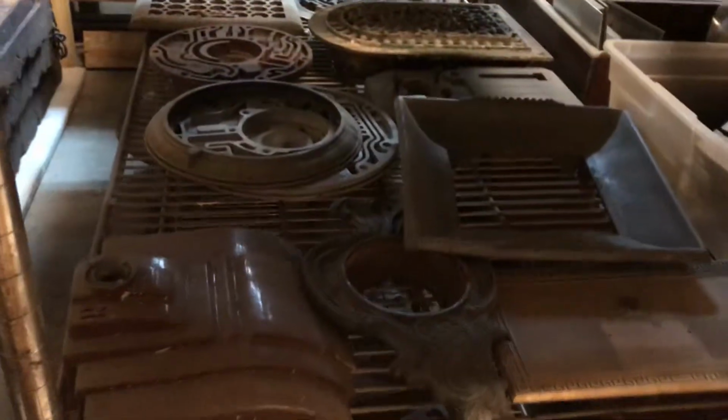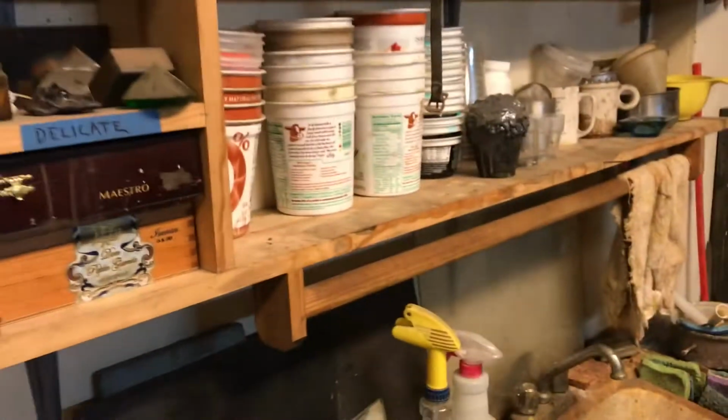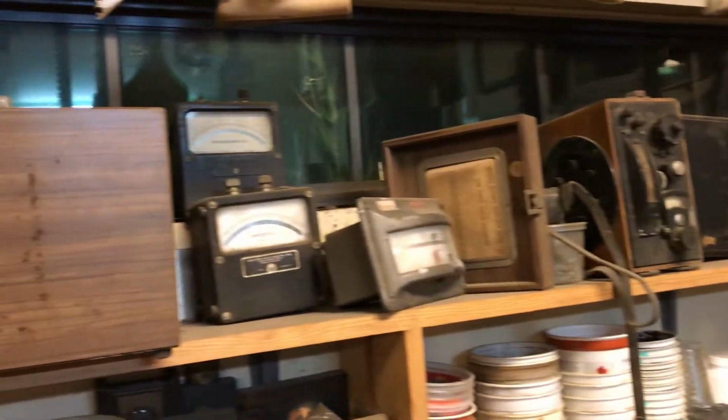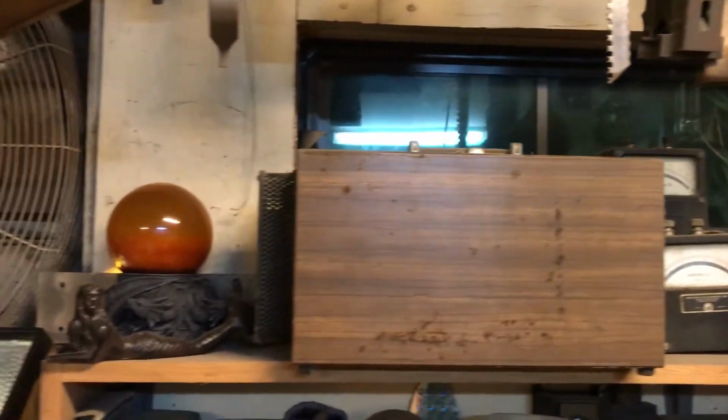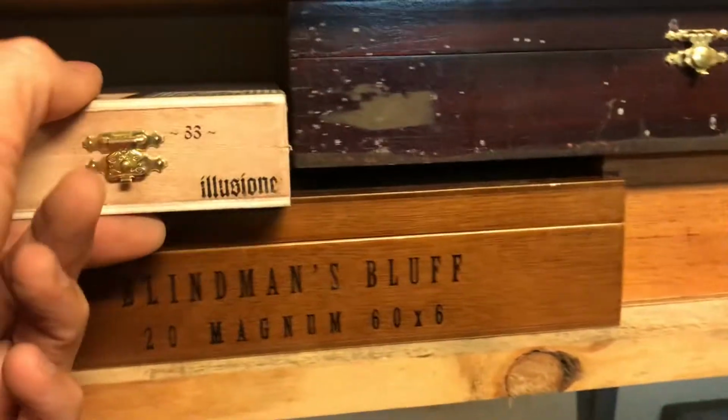I've got 3 rows and just enough room to walk back here. So wet stuff again. And then I also keep these things up here that I might use one day. Smaller items. And lots of cigar boxes with various things. I won't open all of these, but